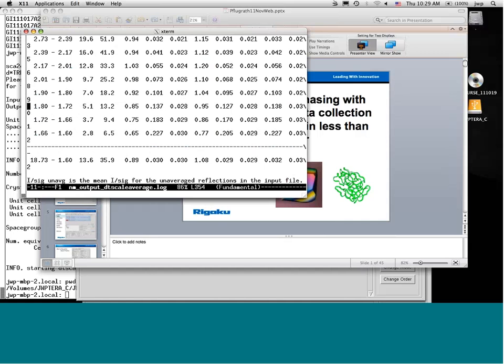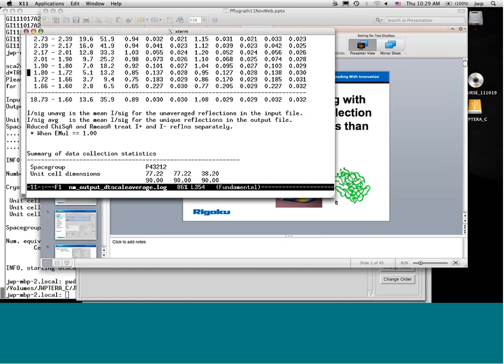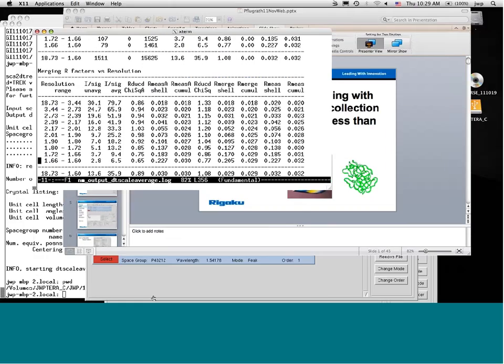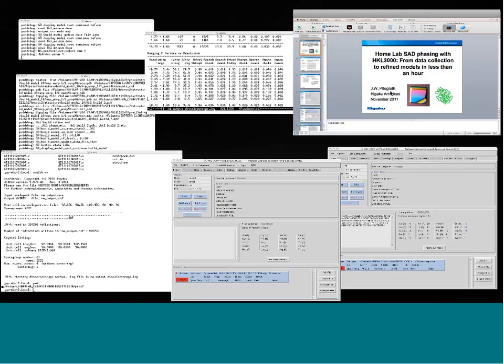If I look at this, by the way, this shows the chi-squareds and everything that we saw in the other program. In HKL3000 and in ScalePack, they're actually identical. And it writes out a file which you can use in other steps. So that's SCA to Dirac, which does all of this for you. And I find it rather useful in that regard. So back to my